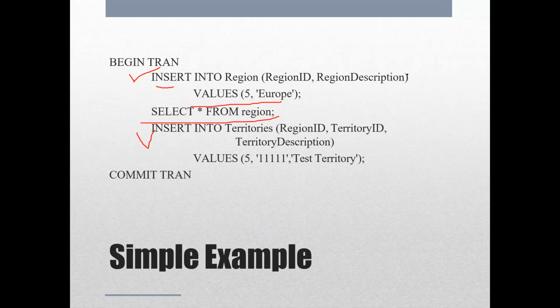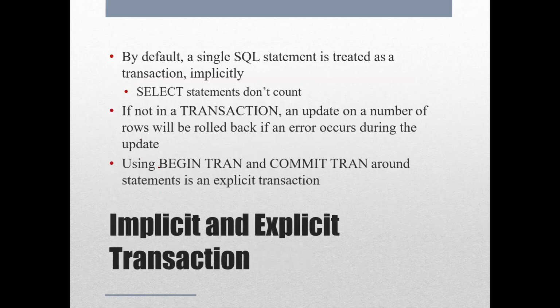So there is one transaction running, with three statements running inside this transaction, 1, 2, and 3. And these 3 altogether become one transaction. And if this one transaction is successfully done, then it would make changes in maybe these 2 tables, region and territories, and it will also show the data in between. So first of all, inserting the region, and then inserting into territories, and then trying to find out those values.